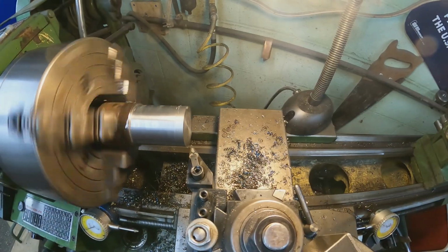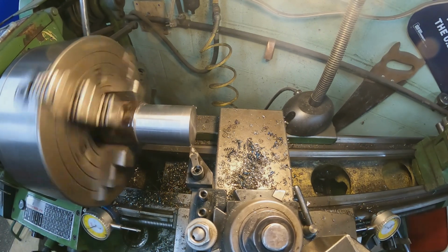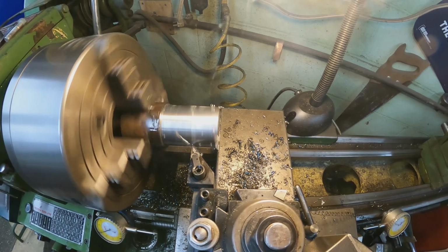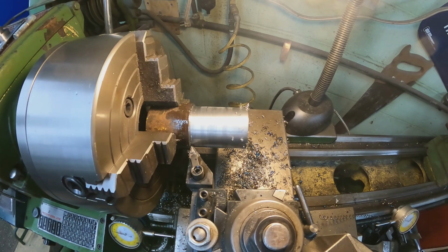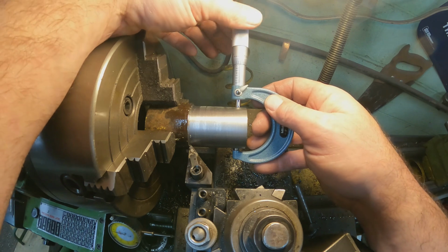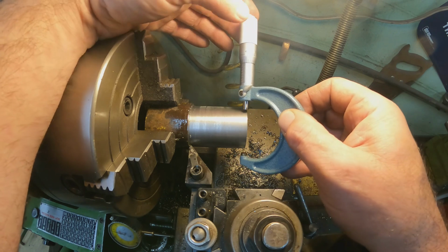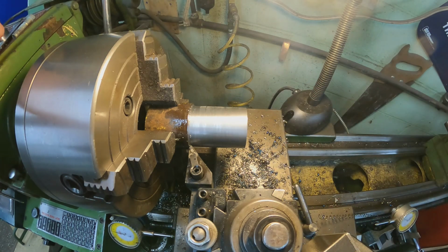Well, this will be our final cut here. So it's going to be a relatively light cut. Okay. Yeah, we are 1.5 thousandths over 1.375, so we are there. I'm going to go ahead and polish that out, but if you noticed, I did switch